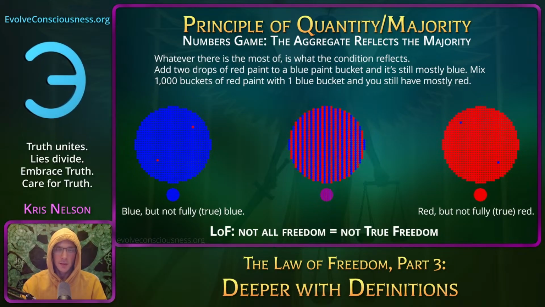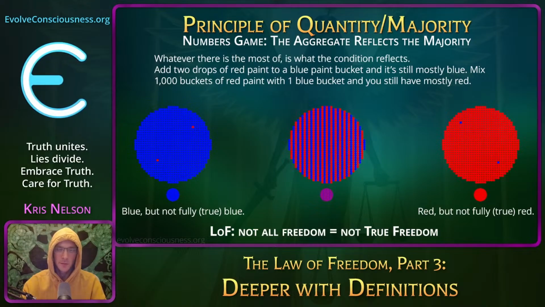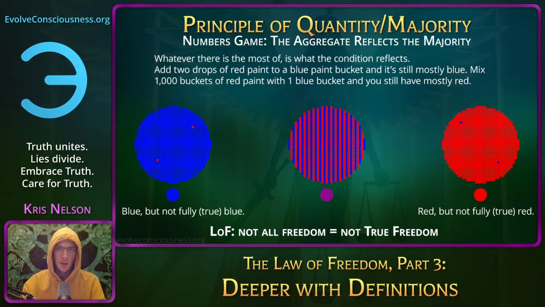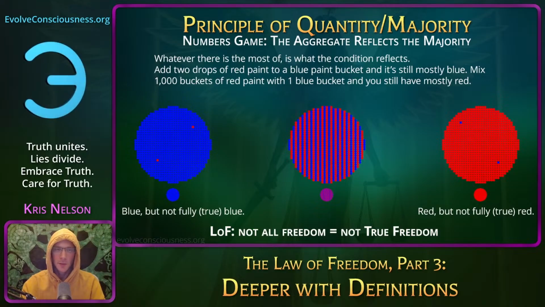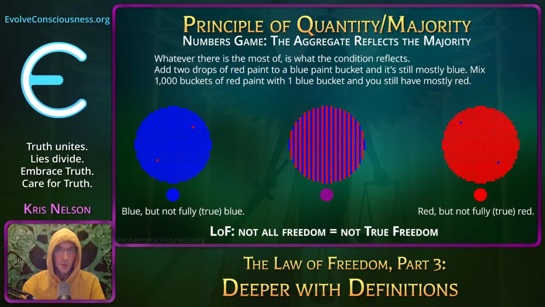You can see how the red in the blue, well, it's mostly blue, but as I write at the bottom, the law of freedom is: not all freedom equals not true freedom. That's what I was talking about earlier, about the absolute. It has to be absolute freedom. There can't be any negative away from it. There can't be any slavery. There can't be any violations. It has to be absolute morality. And if there's immorality, then you don't have absolute freedom. You don't have true freedom. This operates by the law of freedom. Because if something is not all blue, then it's not pure blue. It's not true blue. It's been diluted from that true blue sense.